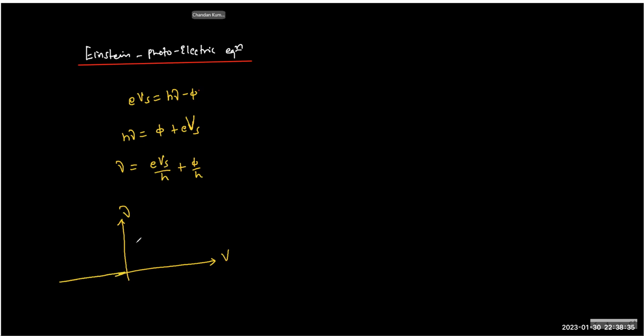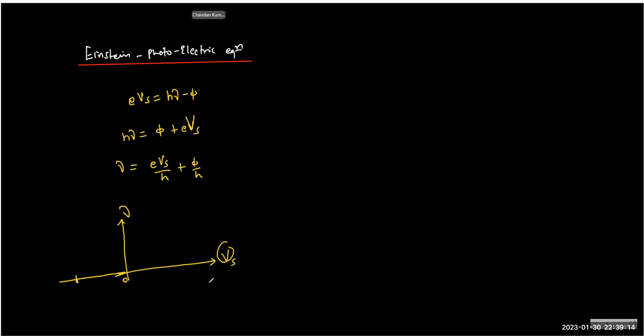The Vs is always on the negative side of the origin. Why? Because Vs is defined as the reverse potential, and Vs is here representing the numerical value. So if V equals Vs numerically on the negative side, you cannot get any current, right? But if you're asked to plot the graph between the frequency versus voltage, and if it is Vs,